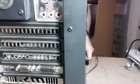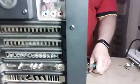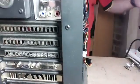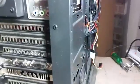Do I always have cables in the way? Ah, there we go. There we go. Okay. Alright, so